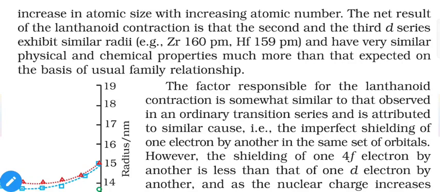Obviously, there is a weight or mass difference, because in the fourth and fifth series, if we compare two elements present in the same group, then obviously the fifth series element will be comparatively much higher in mass because of the higher number of neutrons and protons in it.